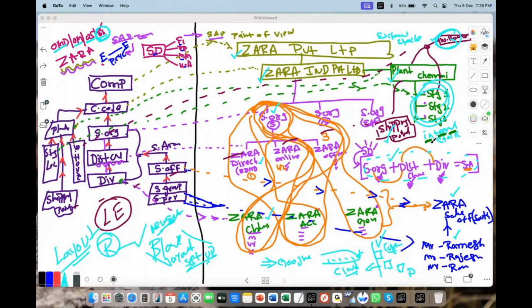See, internal stock point. So what I've written here, storage location is an internal stock point. Storage location is located within the plant where you maintain the stock.